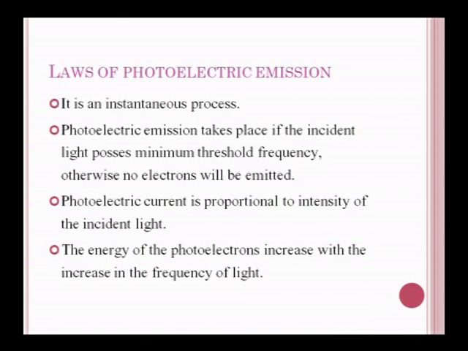That means, whatever the picture you are seeing on the screen, it is nothing but the electron. So, that is the difference. Whereas in thermionic emission, here it is instantaneous, all of a sudden the emission of electrons will take place. The second law is that photoelectric emission takes place if the incident light possesses minimum threshold